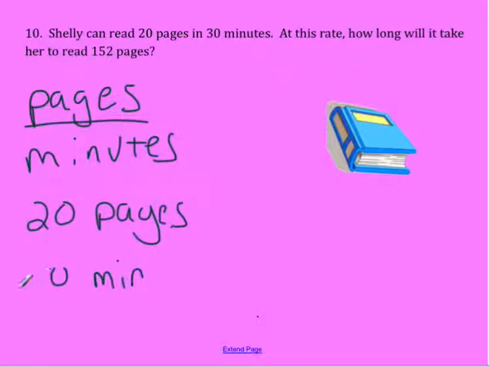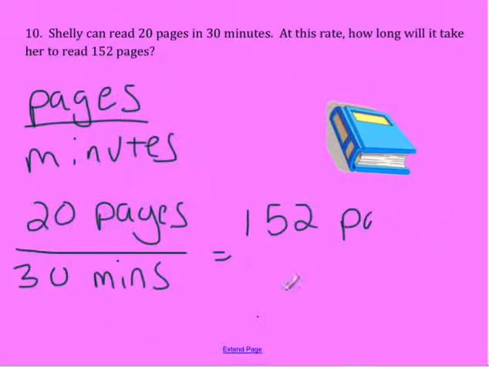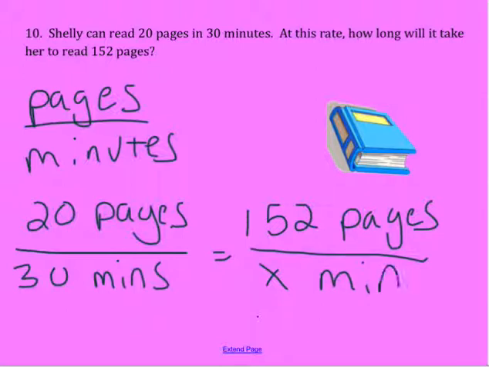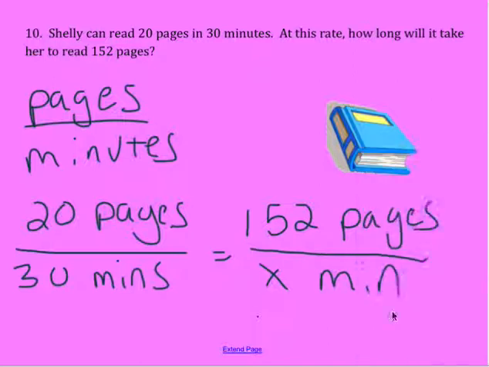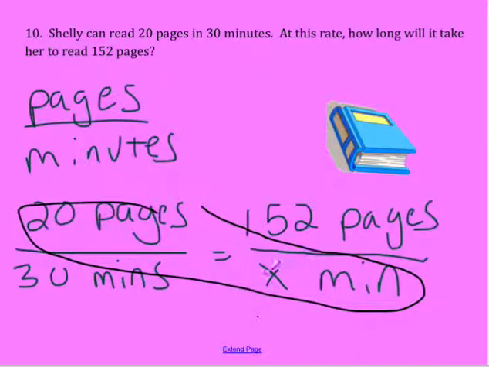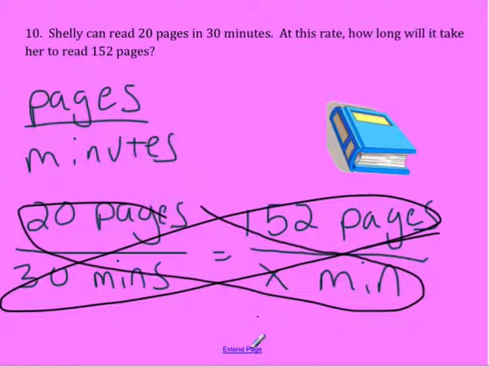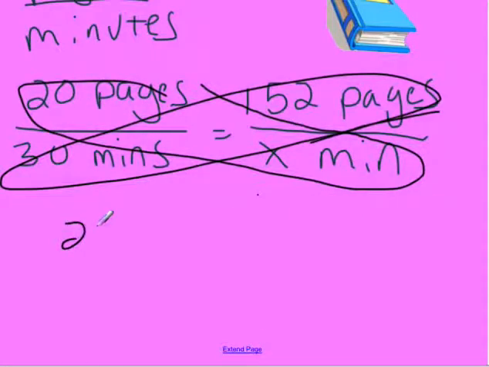Now we need to set that equal to our new ratio. We want to know how long it's going to take her to read 152 pages. So we know we're reading 152 pages, but it's going to be in X minutes. Once we get that set up, we can go ahead and cross multiply. We're going to take 20 times X and 30 times 152. Well, 20 times X is just going to be 20X. 30 times 152 is going to give us